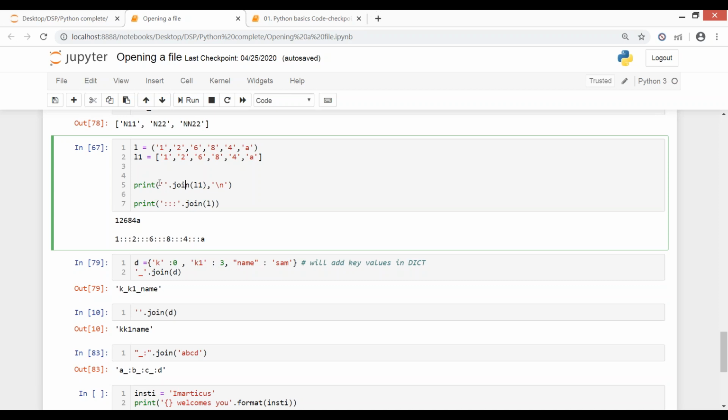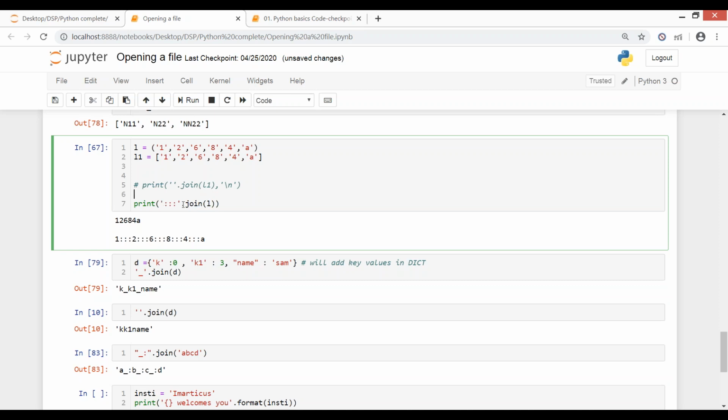So this is the syntax: what you want to join will come first. For example, I want the values of list L to be joined by using these three columns. So the joining criteria, the value you have to give, goes within the parentheses. Then dot join is the inbuilt function, and where you want to apply this join is on L, so you feed that into this bracket.